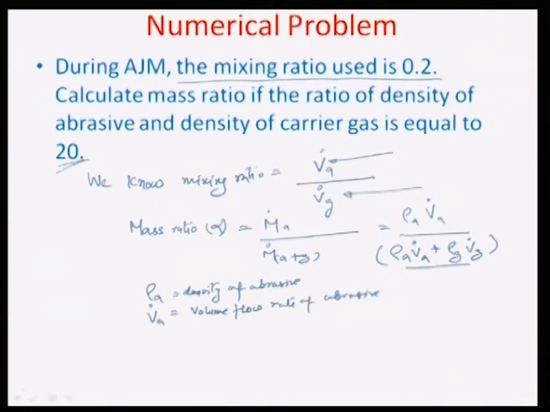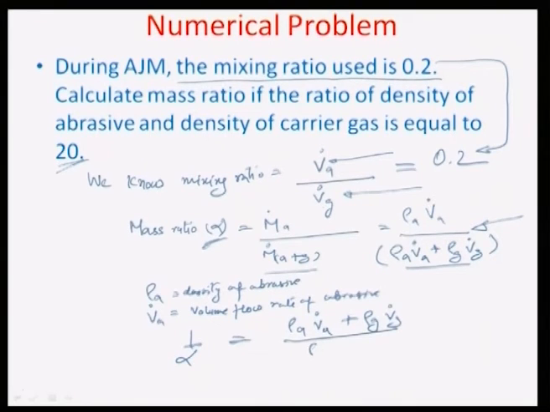That is really the mass flow rate of the abrasive gas mixture, and that is really what alpha is. And so somewhere around this mixing ratio, which is given to be equal to 0.2 in this case in the question, is somehow embedded in this term for the mass ratio. So we can calculate the inverse of the mass ratio, 1 by alpha, by looking at this inverted equation: rho A V dot A plus rho G V dot G divided by rho A V dot A, and this becomes equal to 1 plus rho G by rho A